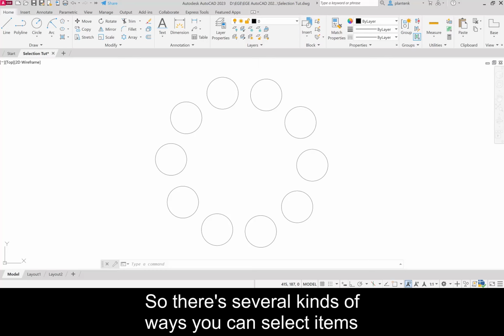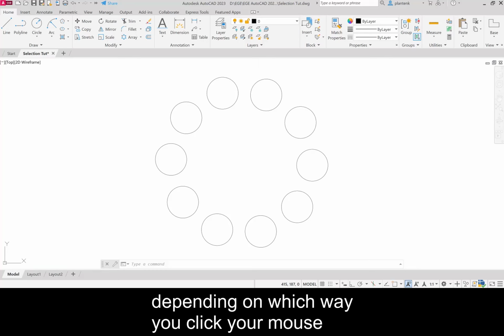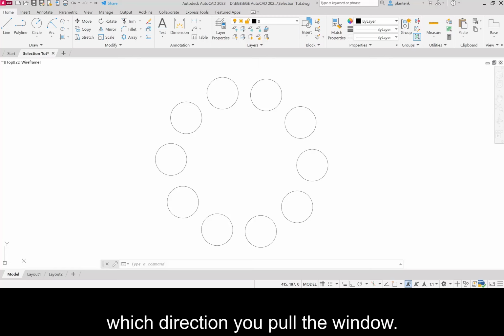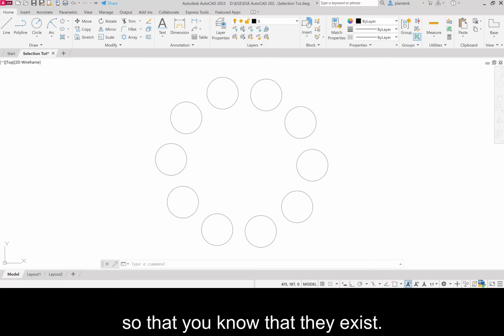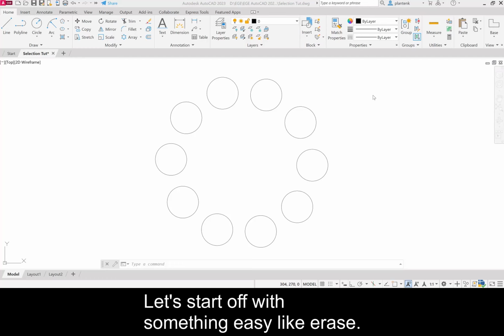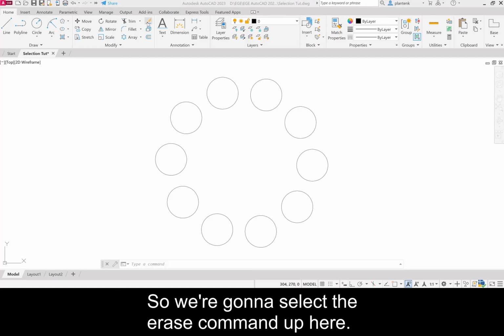All right, so there's several kinds of ways you can select items depending on which way you click your mouse, which direction you pull the window, and they're all very useful, but they need to be practiced so that you know that they exist. Let's start out with something easy like erase. So we're going to select the erase command up here,